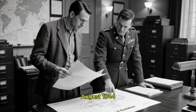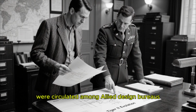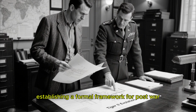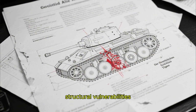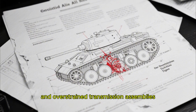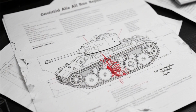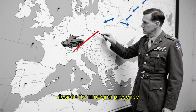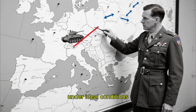August 1944, the findings from Aberdeen's Tiger I evaluation were circulated among Allied design bureaus, establishing a formal framework for post-war armored research. The comprehensive reports documented structural vulnerabilities, excessive fuel consumption, and overstrained transmission assemblies that severely restricted battlefield endurance. American ordnance officers noted that despite its imposing presence, the Tiger's operational radius rarely exceeded 120 miles under ideal